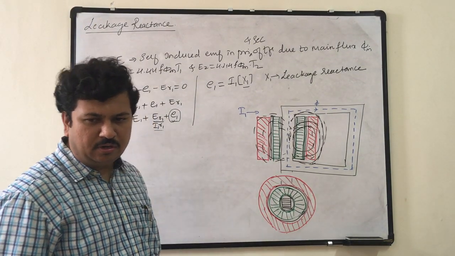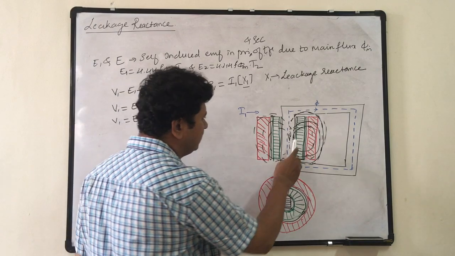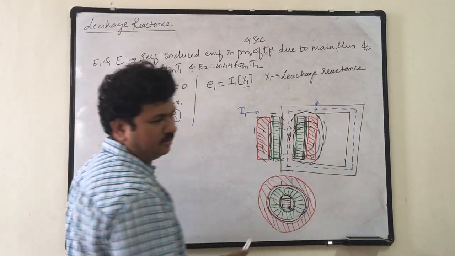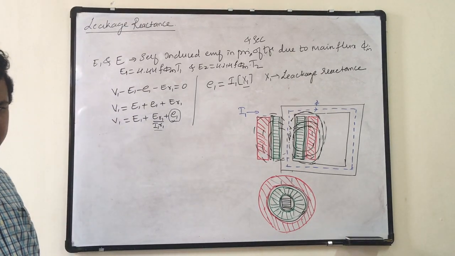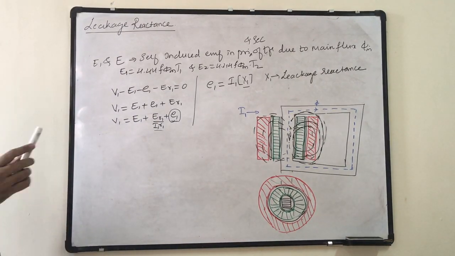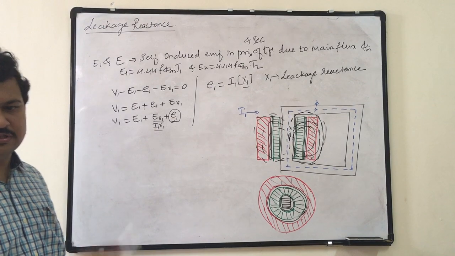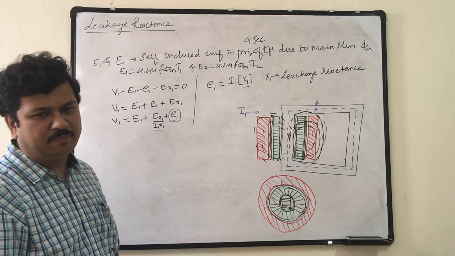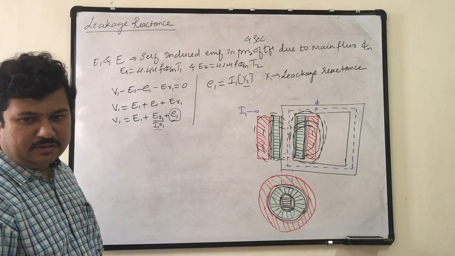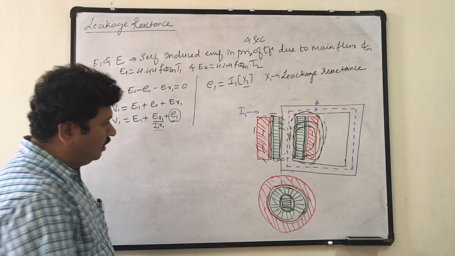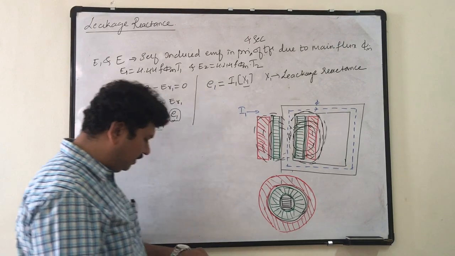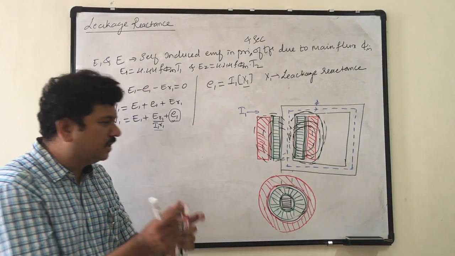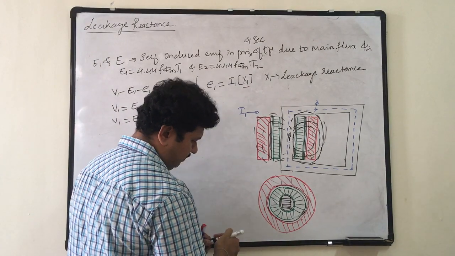So I want to now know the leakage flux linking to the primary winding, and the leakage flux linking to this air duct. The secondary winding I will take in terms of the primary winding, similar to it, by simply changing the number of turns. Rest, almost everything will remain the same. Now you can observe that when I place the number of turns in primary and in secondary, I am getting a sufficient thickness of the coils. Can you see here?